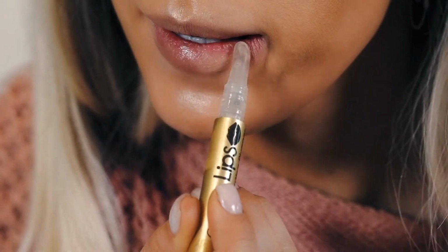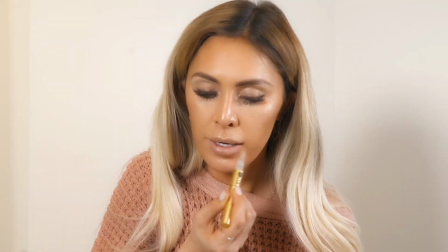And then once I've done that, I just take this Blondie Lips. I got this at Sephora, and it's just a clear gloss that goes on, but it actually makes your lips more plump, and it's just super clear, hydrating,